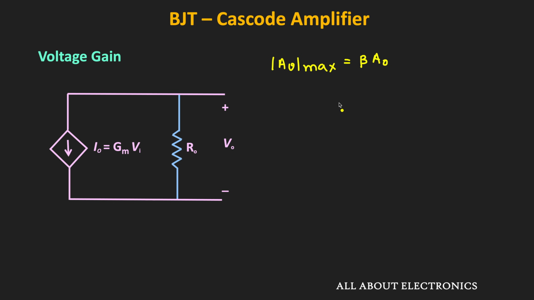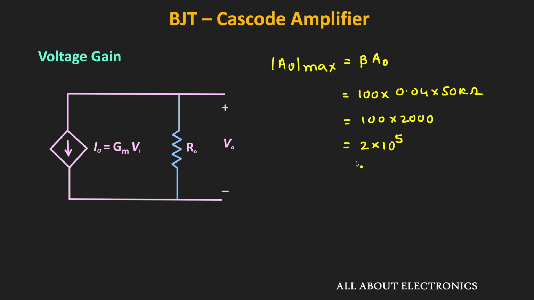So if we use the same values of R0, beta, and transconductance Gm, which we have used earlier, then the magnitude of the voltage gain of this cascode amplifier will be equal to 100 times 0.04 times 50 kilo ohm. That is the value of Gm and R0, and that is equal to 100 times 2000. So that is equal to 2 times 10 to the power 5. As you can see, using the cascode amplifier, the output impedance and the voltage gain of the amplifier will